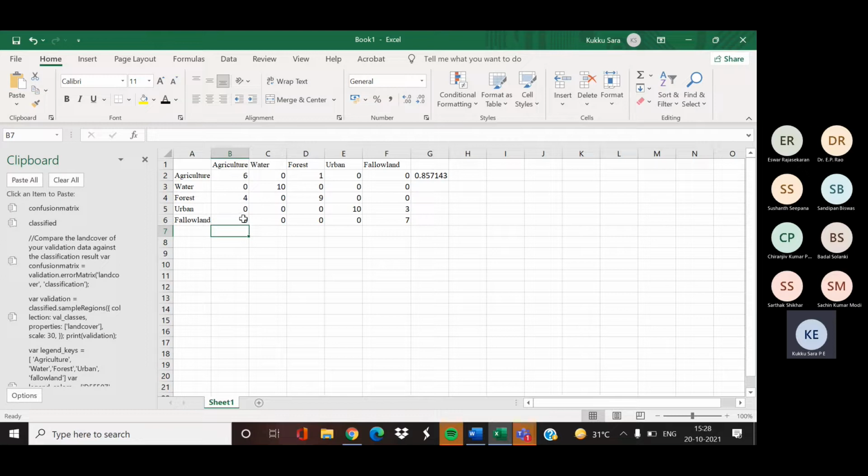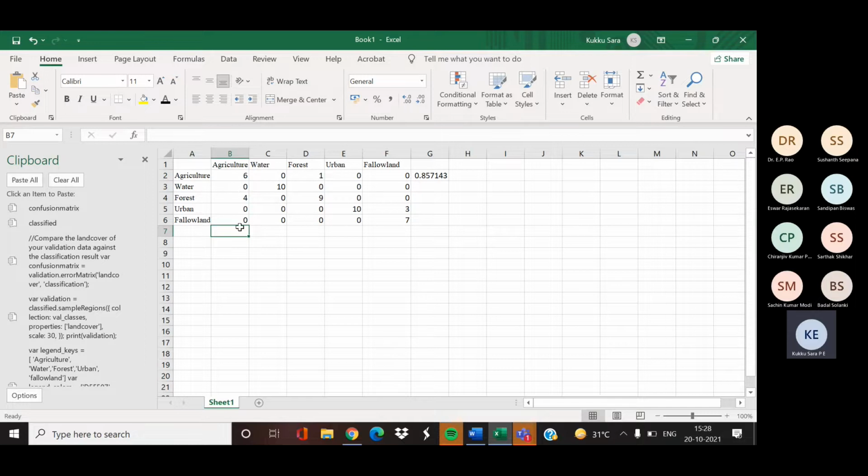Out of that, only 6 pixels are really classified as agriculture, but the remaining 4 pixels are wrong. Our producer's accuracy will be the total number of correctly classified divided by the column total, that is 6 divided by 10, that is 0.6 for the agriculture category.